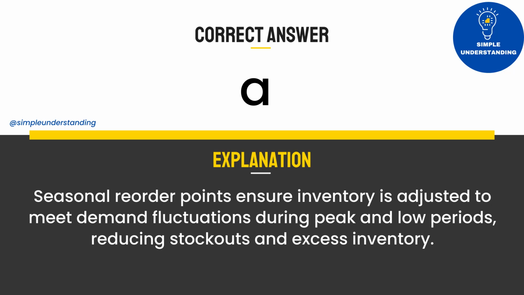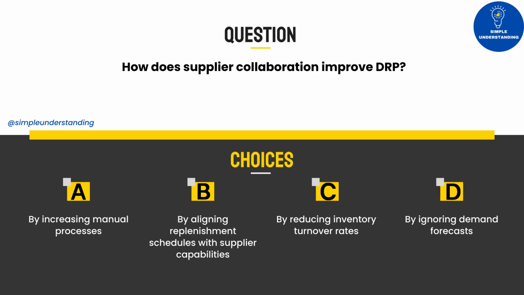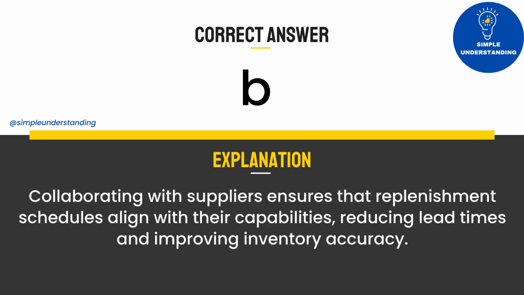excess inventory. 9. How does supplier collaboration improve DRP? A. By increasing manual processes. B. By aligning replenishment schedules with supplier capabilities. C. By reducing inventory turnover rates. D. By ignoring demand forecasts. Answer B. Explanation. Collaborating with suppliers ensures that replenishment schedules align with their capabilities, reducing lead times and improving inventory